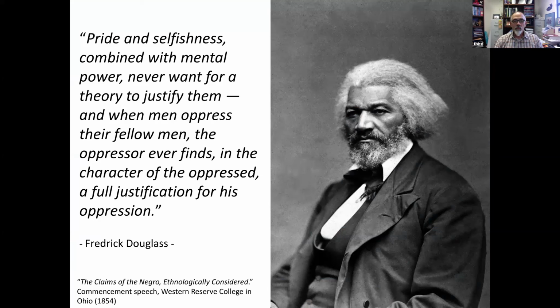Frederick Douglass was born a slave in Maryland and then escaped and became a world-renowned abolitionist and activist for the rights of African Americans and women. And he said, pride and selfishness combined with mental power never want for a theory to justify them. And when men oppress their fellow men, the oppressor ever finds in the character of the oppressed a full justification